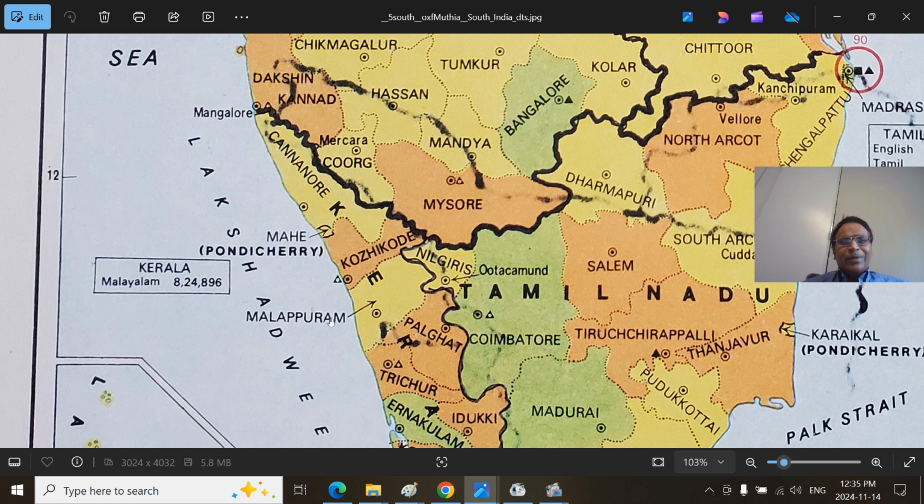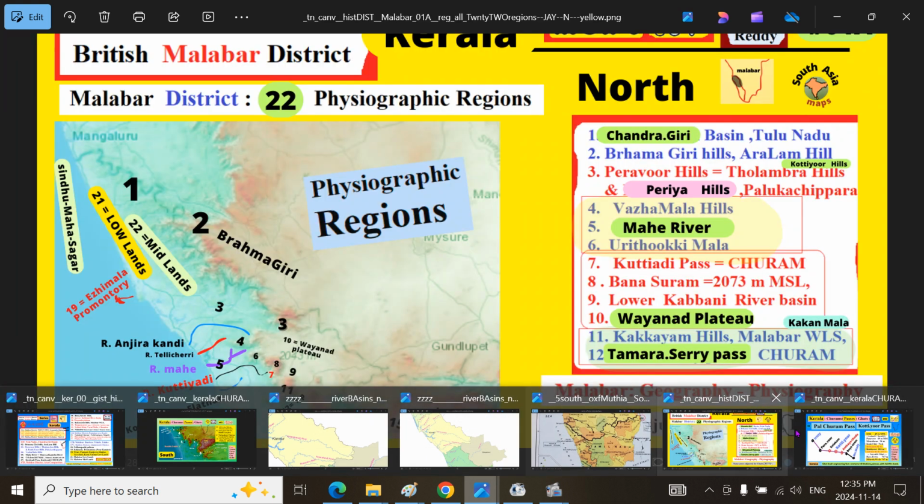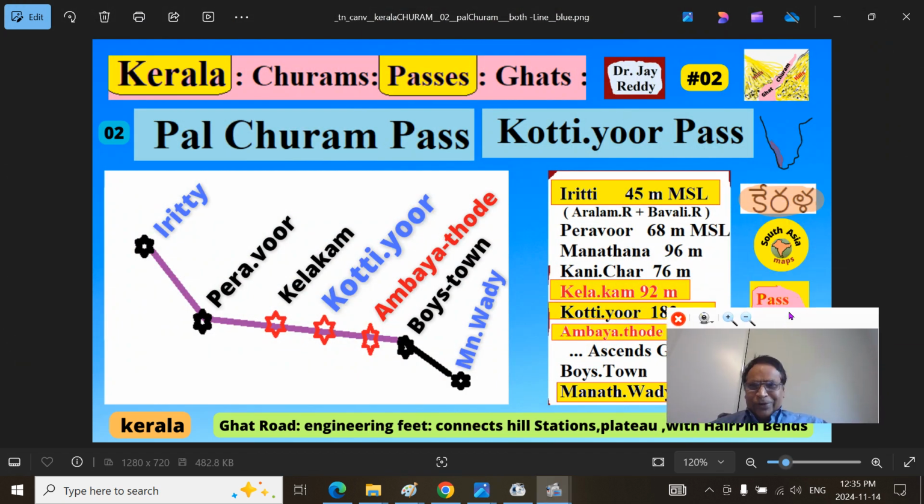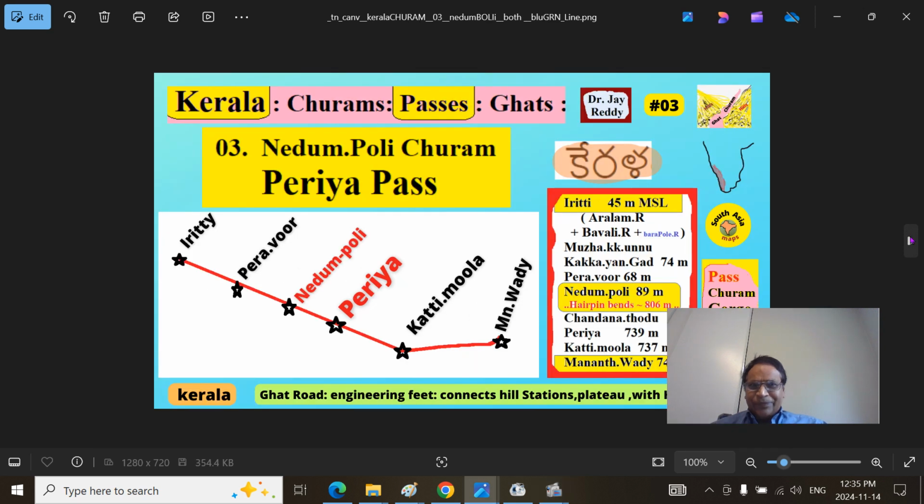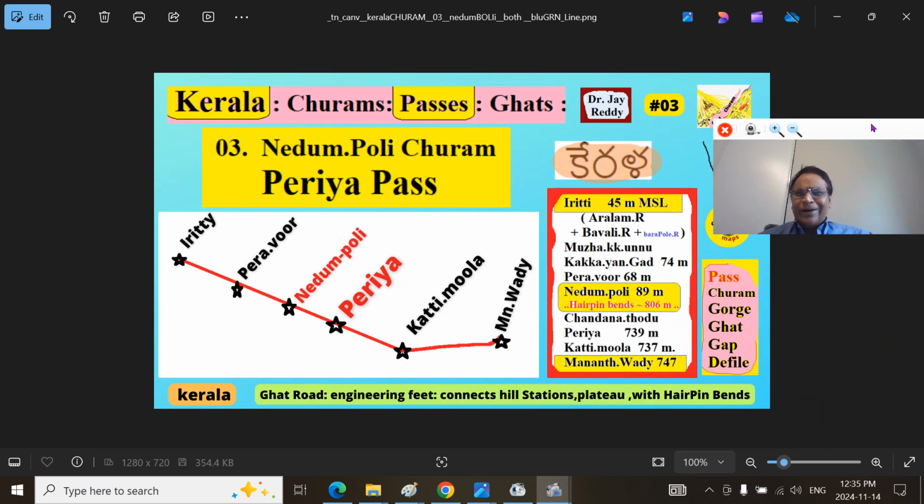The Malappuram district, that is the de facto Radcliffe line. This is the Palghat district. And in the next part, Mitranam, I will talk about part 3, that is Nedumpoyil Pass or Periya Pass,